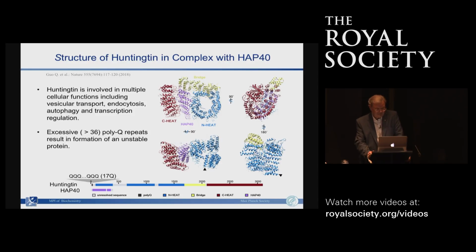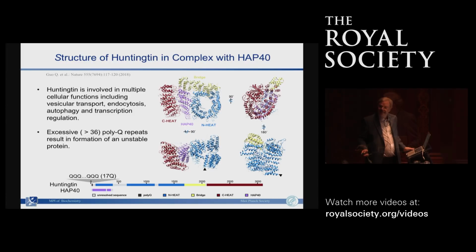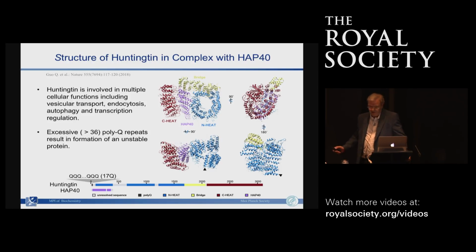Now, Huntingtin is the normal Huntingtin. It's involved in multiple cellular functions, including vesicle transport and so on and so forth. Now, I think what makes it a pathogen, if you like, is an excessive polyglutamine repeat in the exon 1. In this region here, that would be a short one, so people who carry such a short repeat are protected from the disease. If that becomes longer than 36 or so polyQ repeats, it results in the formation of an unstable protein which